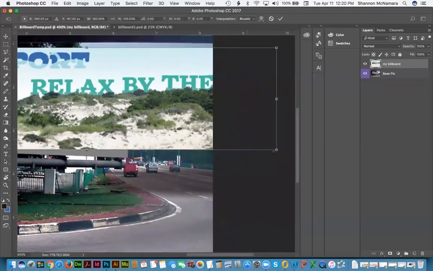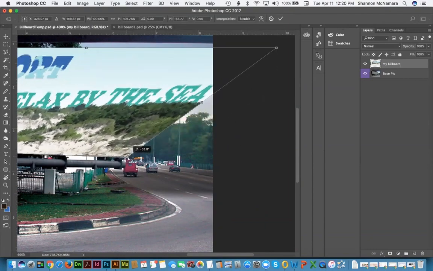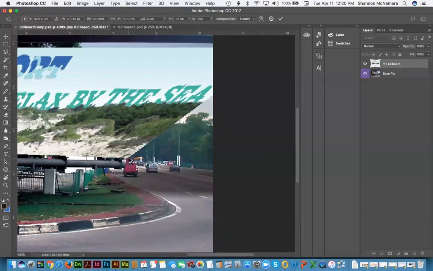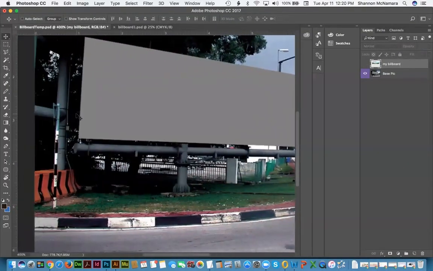I have to go over here, and I'm going to hold down the Command key so I get that white arrow again. See how it goes from double arrow to the white arrow? I'm going to grab this one while holding down the Command key, and it's going to get a little crazy for a second. I'm going to drag it over to this corner. I'm just matching it up to the corners of that gray box. And if it's hard to see where the corners are, make sure that your rulers are on, and you can just drag a guide